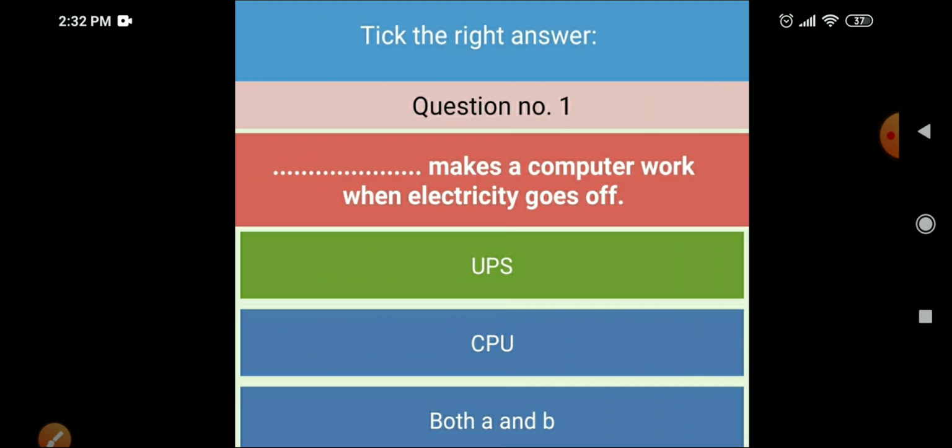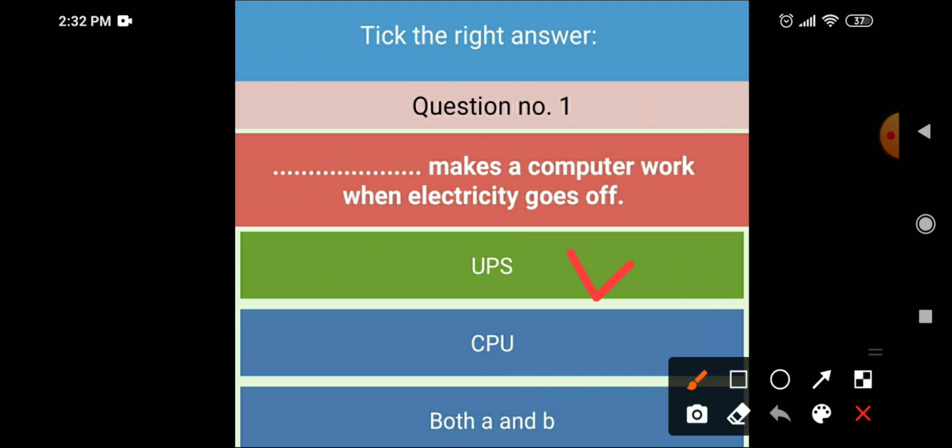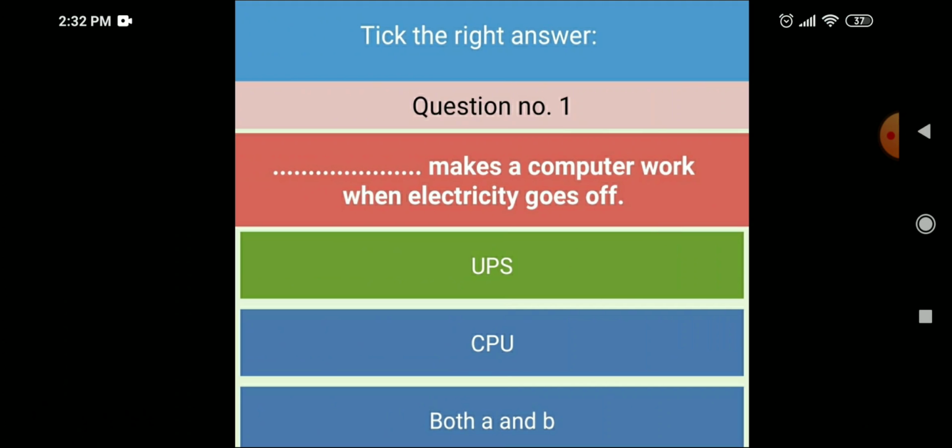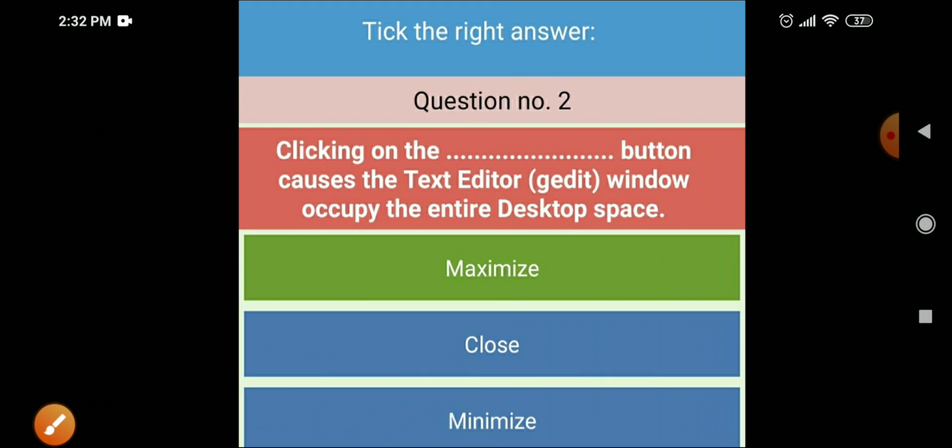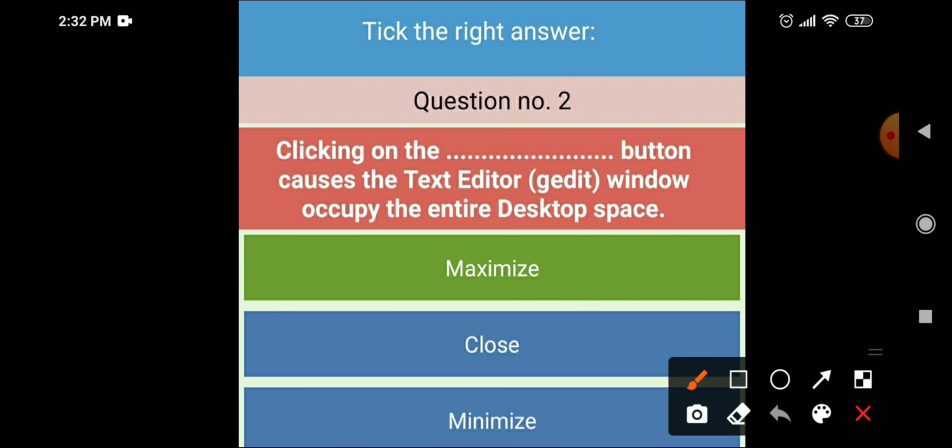Then there is tick the right answer, MCQs. Dash makes a computer work when electricity goes off. UPS makes the computer work when electricity goes off. Second: clicking on the dash button causes the text editor gedit window to occupy the entire desktop.